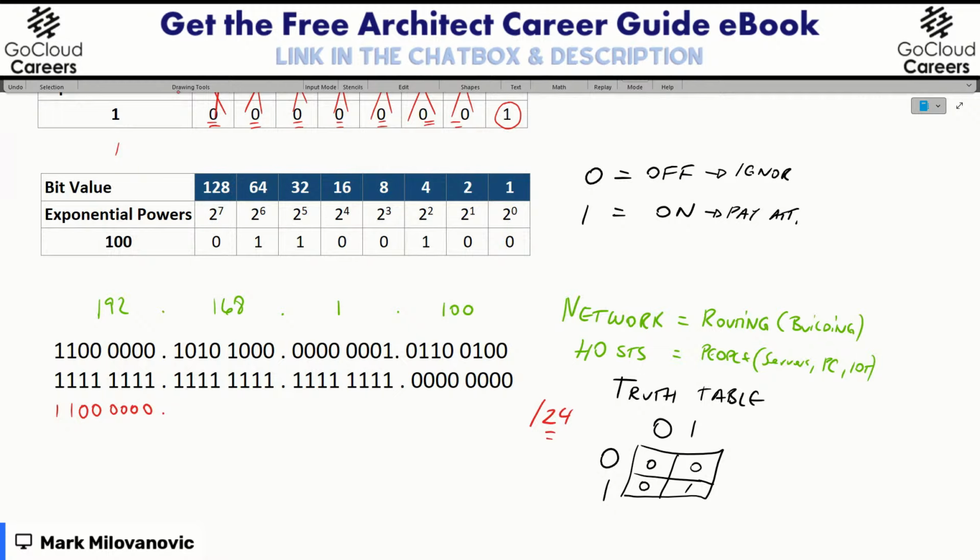Okay, let's move into the second octet. Basically this octet, and let's do the same. We start off with 1 compared to 1 equals 1. 0 compared to 1 equals 0. 1 compared to 1 equals 1. 0 compared to 1 is 0. Again, we're basing it off this truth table. 1 compared to 1 equals 1. And then we have 3 zeros compared to 1s, which will equal 0.